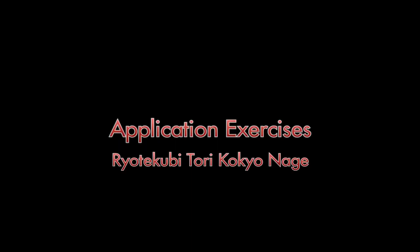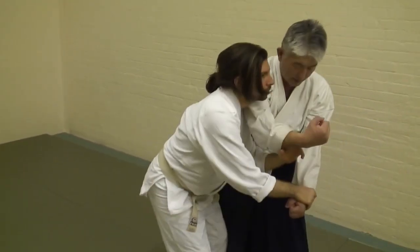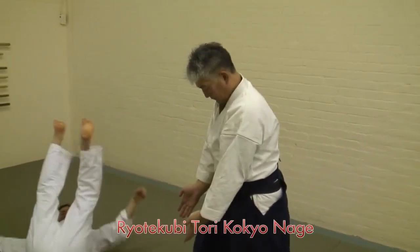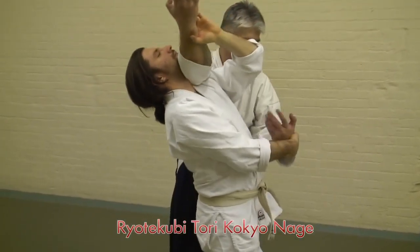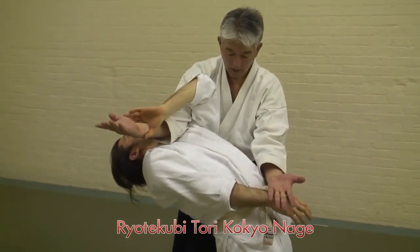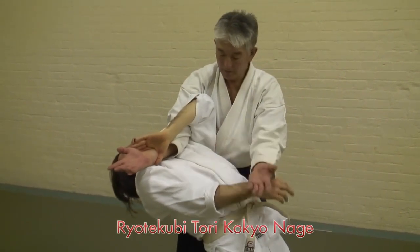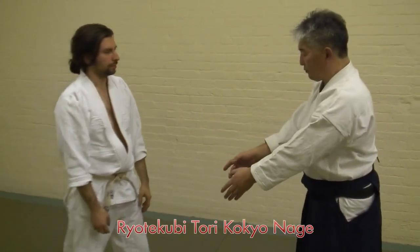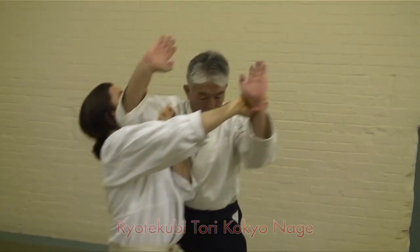Ryotakubi Tori, Kokyu Nage. As uke comes in to grab the wrists, your back hand should either snake above uke's wrist or cut downwards. This keeps uke moving forward rather than stabilizing into a static position. Continue the motion until uke is in front of your body and at 90 degrees. Meanwhile, your front hand should be following the thumb into a furikaburi in front of your face. Continue the technique by cutting down with